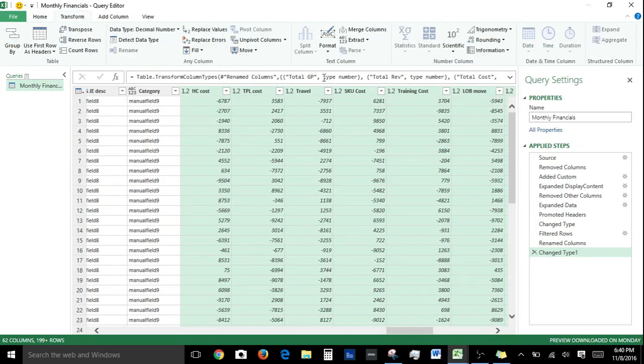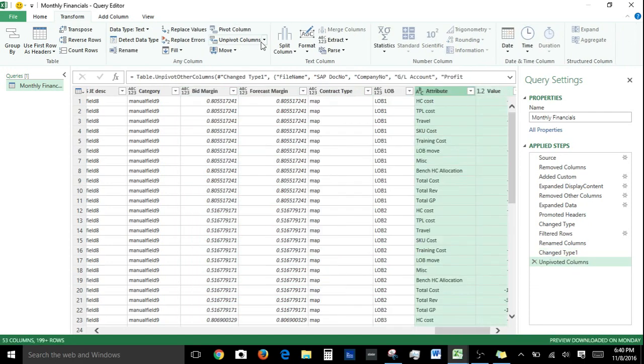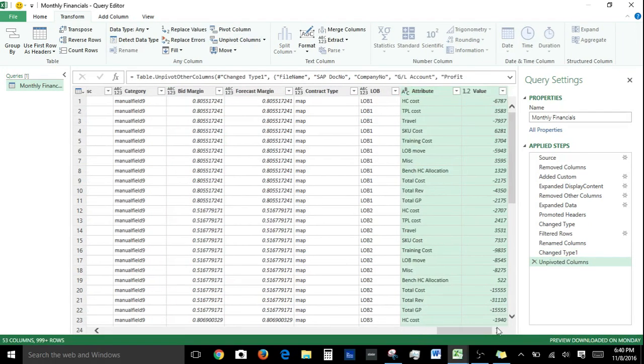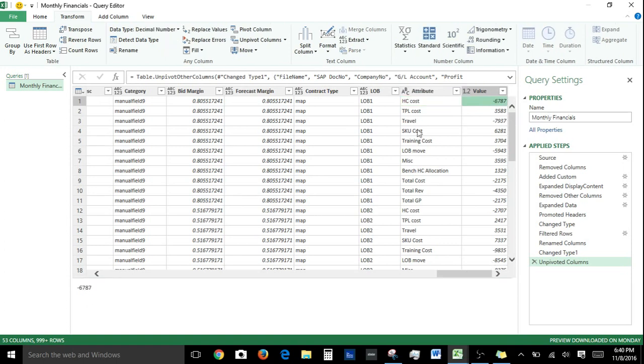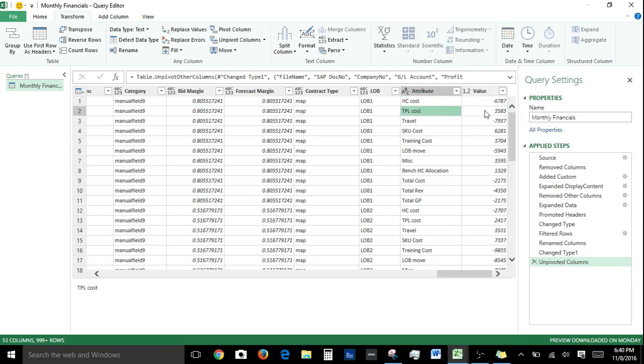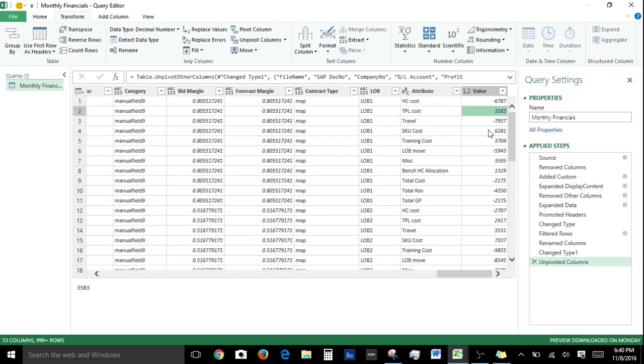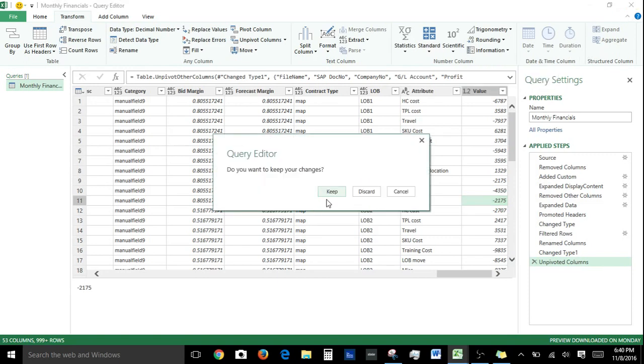So how are we going to do that? So you hit unpivot columns and boom, here you go. All those column headings are values in a column and the amount for each of those column headings for that particular line is shown here. So this really helps me in working with the data, and I can show you how. So I'm going to keep my changes,